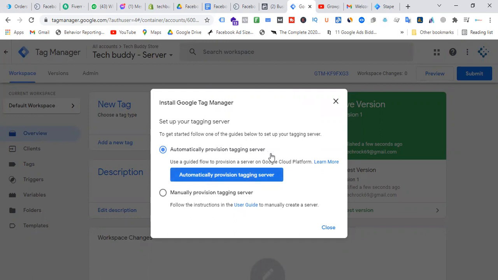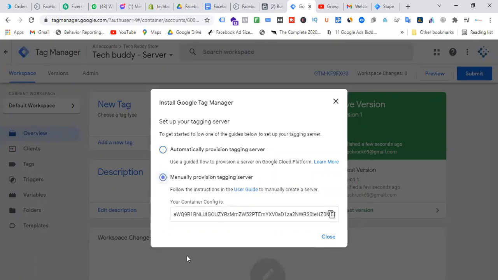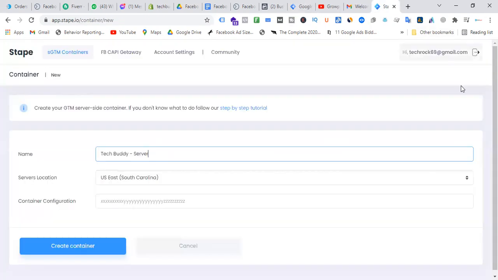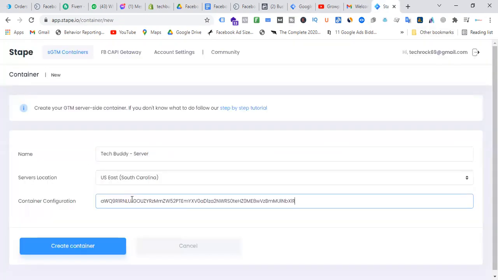But if we want any other server, I mean not Google Cloud Server, you have to click the manually provisioning tagging server. And after clicking it, the container config key is that. So just copy it and put it here and create container.